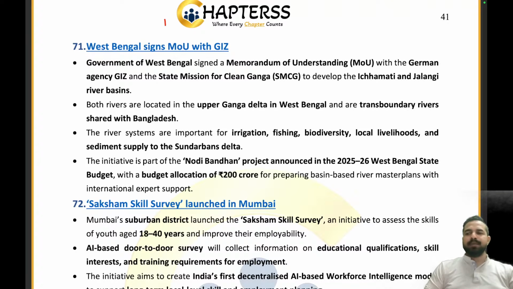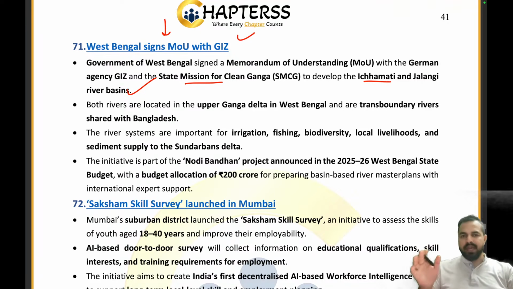West Bengal has signed an MOU with the GIZ. GIZ is a German agency, and with the State Mission for Clean Ganga, it will develop the Ichamati and Jalangi river basins. The MOU has been signed by the Government of West Bengal with the German agency GIZ and the State Mission for Clean Ganga. Both rivers are located in the upper Ganga delta in West Bengal and are transboundary rivers